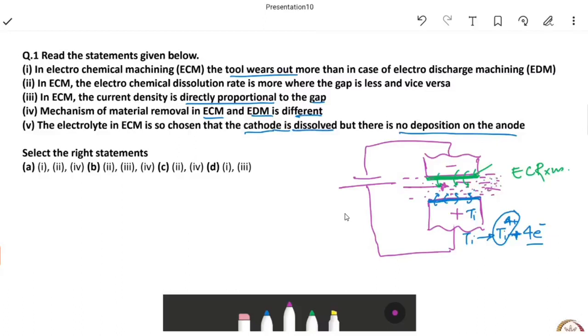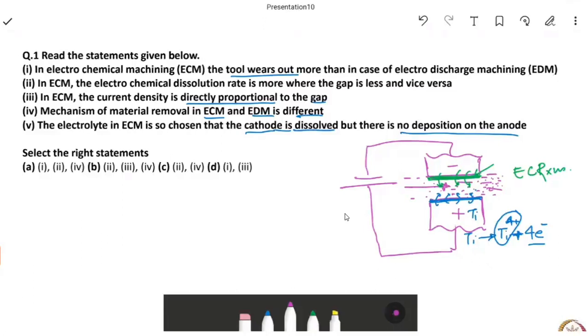So we see that there's no chance of tool wear out here. Some erosive action of the electrolyte may take away some tool material, but that's not a chemical or electrochemical reaction, so we can ignore that fact. However, in electro discharge machining, we see that